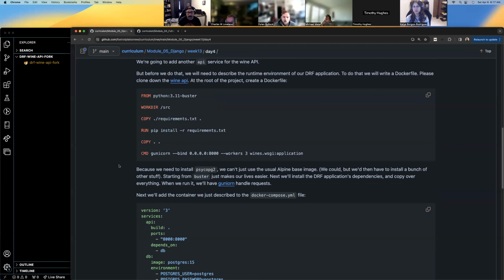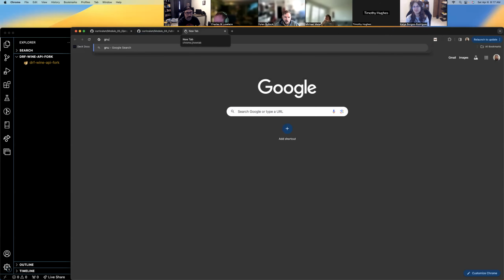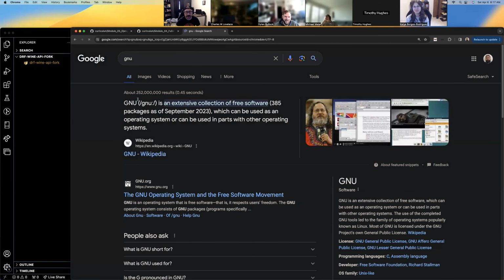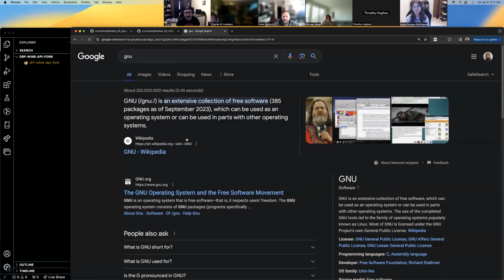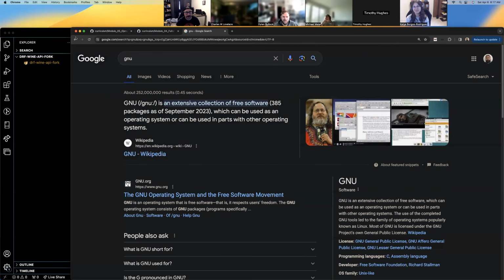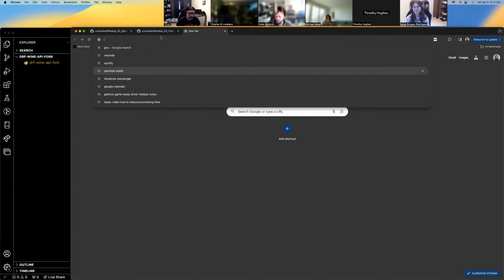It looks like Gunicorn. For the longest time, I thought it was GNU Unicorn, coming from GNU, like this thing. There's a lot of stuff that uses the GNU operating system. No, it's Green Unicorn,